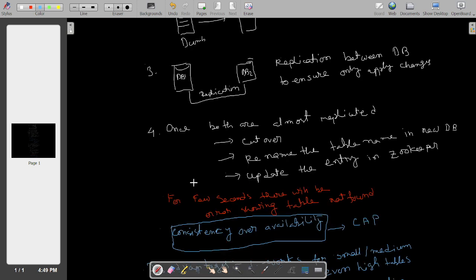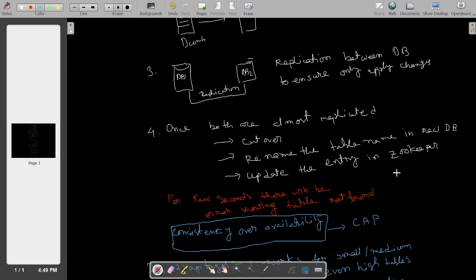So how do you do that? I think we spoke about the zookeeper. What is the first thing? You rename the table. Earlier, if it is T1 and it is replicated or changed to move to DB2, you rename that DB2 table and update the entry in the zookeeper. And what will zookeeper do?